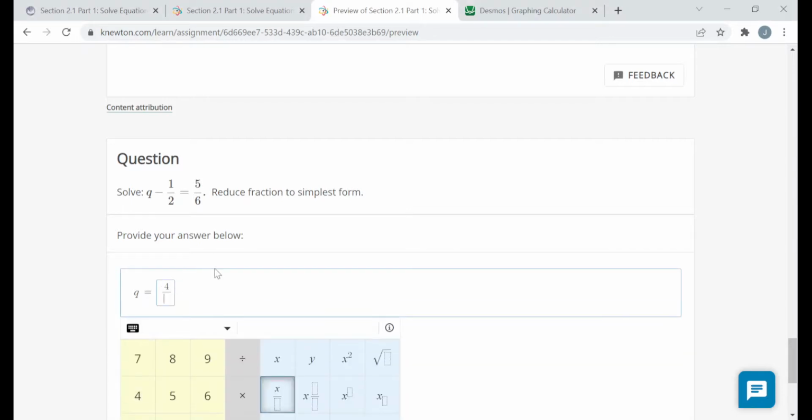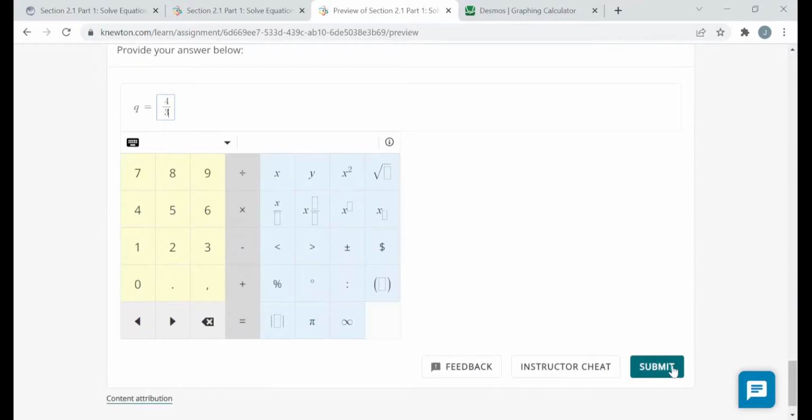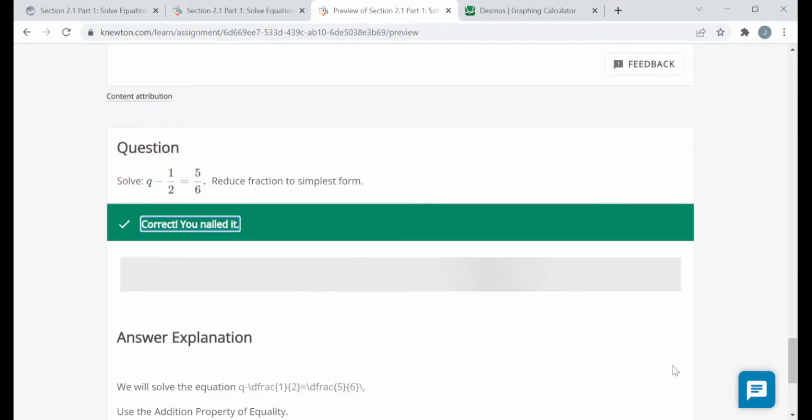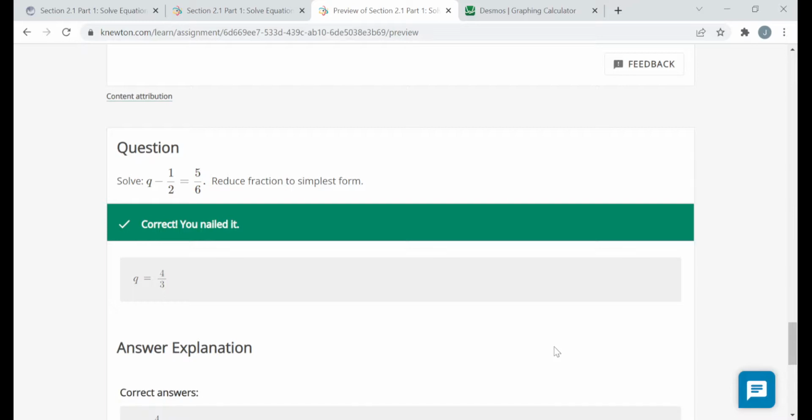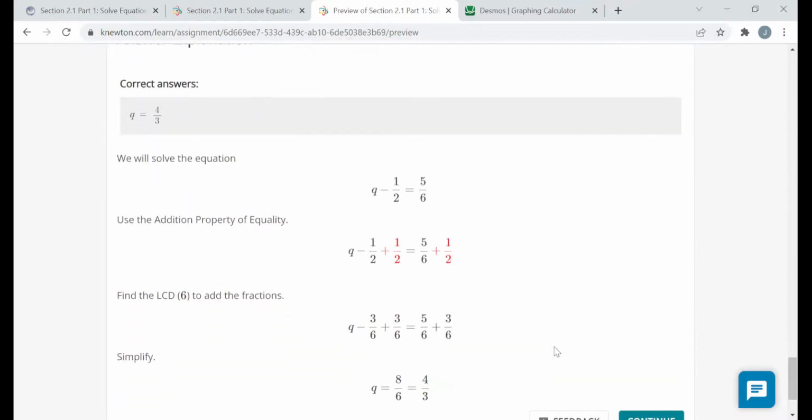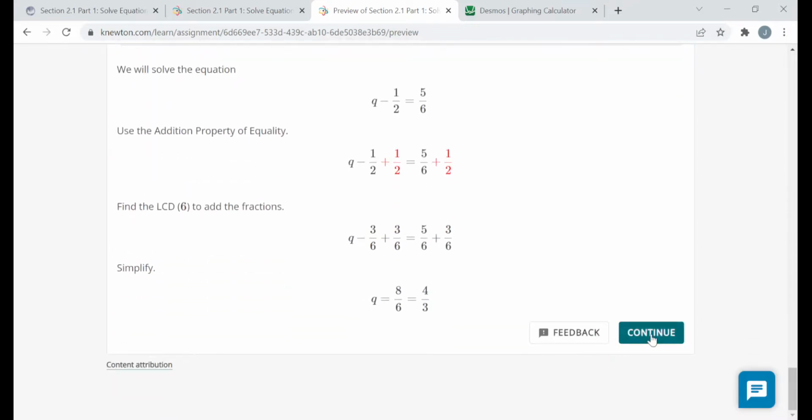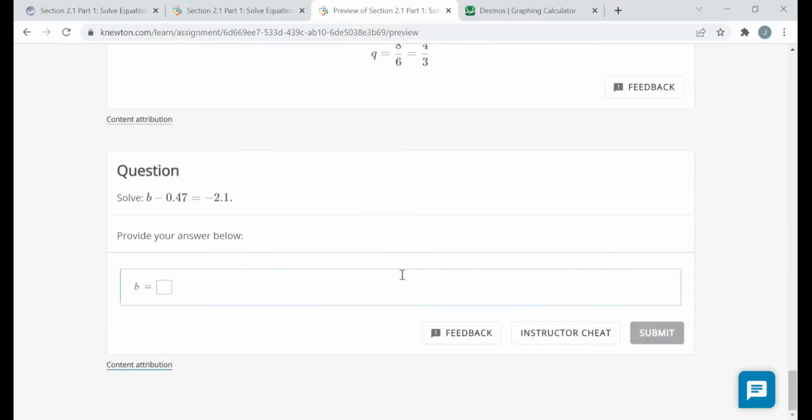And I'm just doing 4/3, right? 4 divided by 3. Wonderful. And again, please read through the answer explanations. Great. Alright, and then they're giving me another one, this time with some